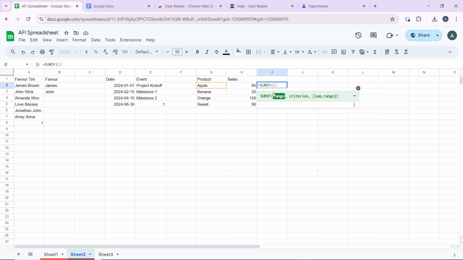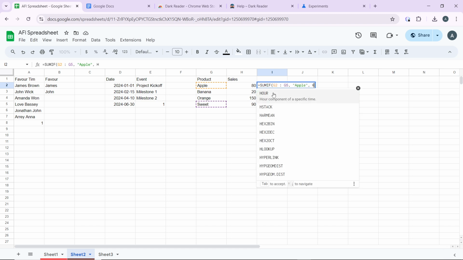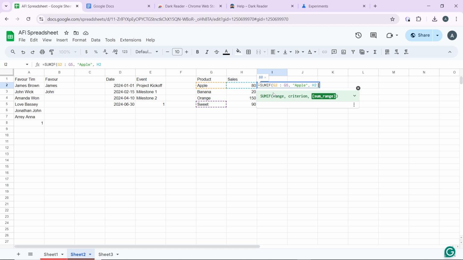So G2, colon, and we're going to do G5 and comma, then we're going to do a quotation mark, Apple, and close the quotation mark, and comma, give a space, then you do H2 to H5. So H2 and H5, then close your parenthesis